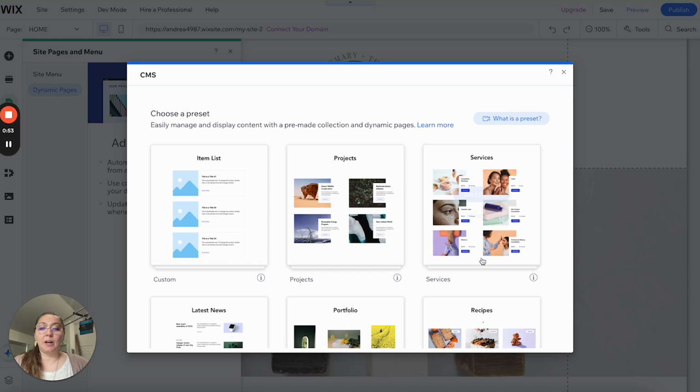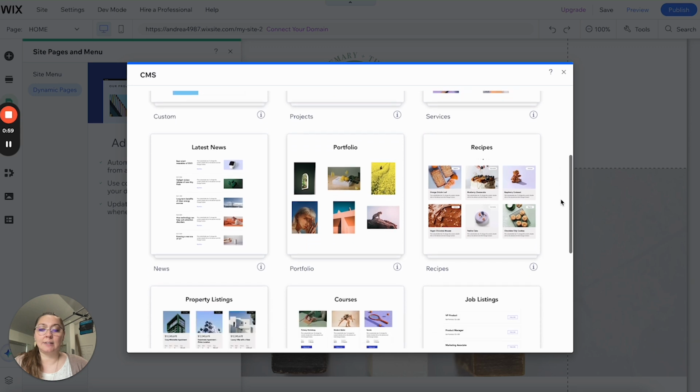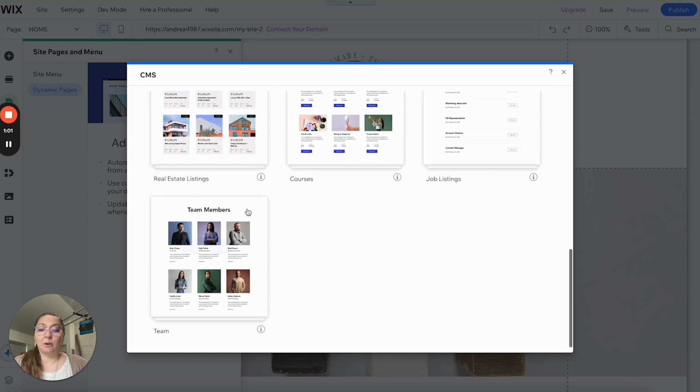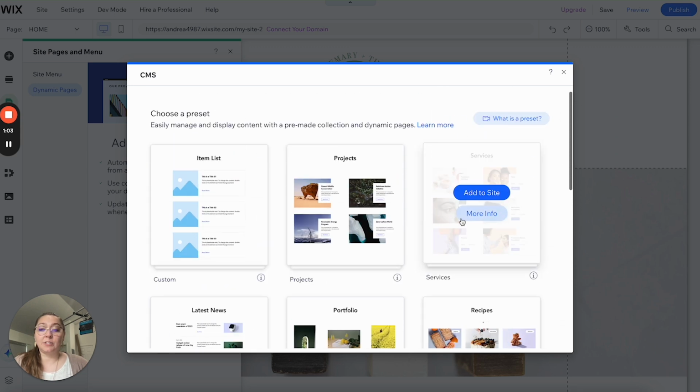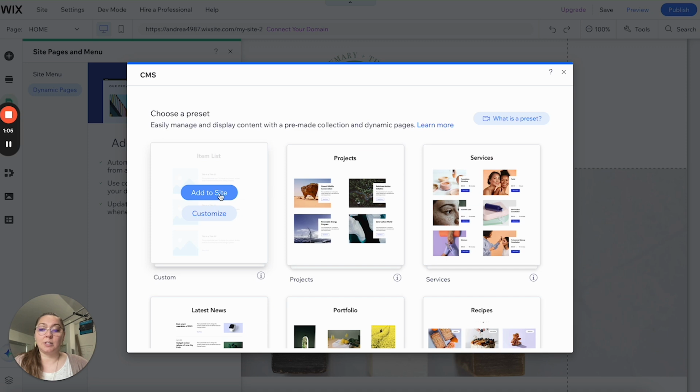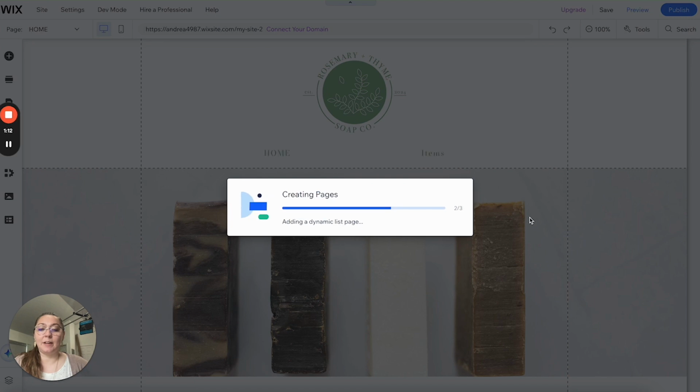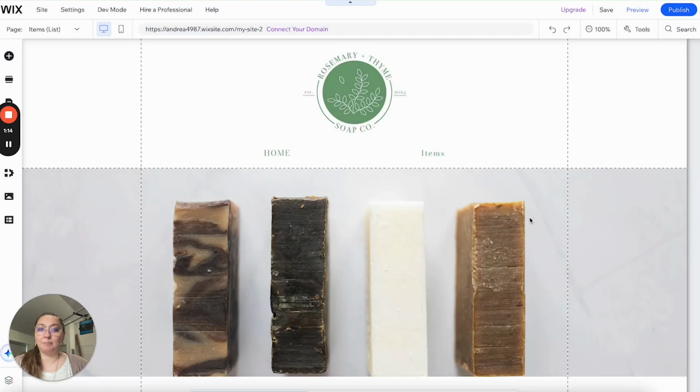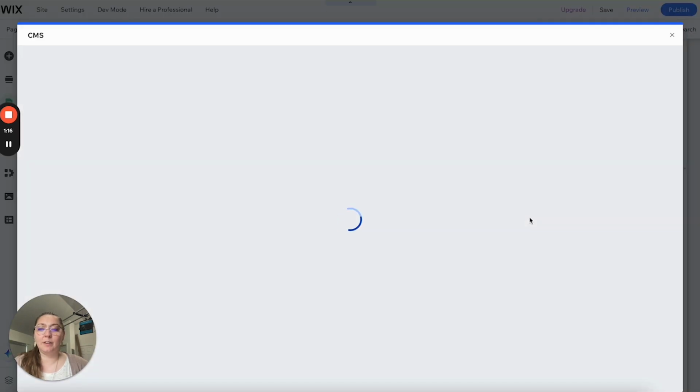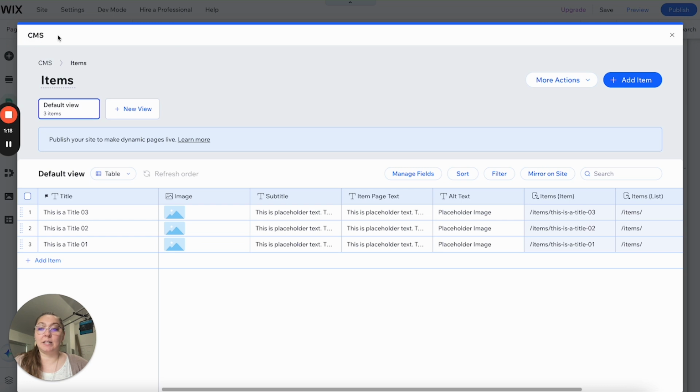And this will open up a list of presets that Wix has available for you to use. And these can be handy if you're looking for something like one of these. For this tutorial, we're just going to use the custom version. So once you've picked which template you're going to use, you click Add to Site, and that will create the dynamic pages. So this will open up the CMS, or the Content Management System, and you'll see here, this is